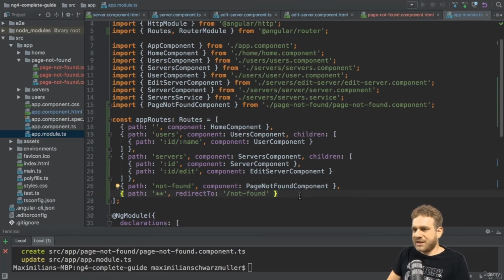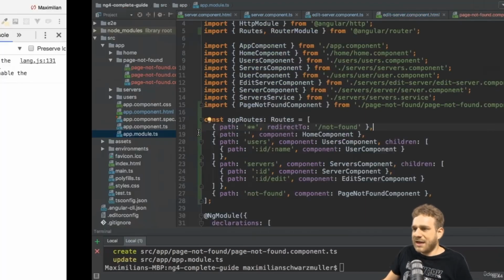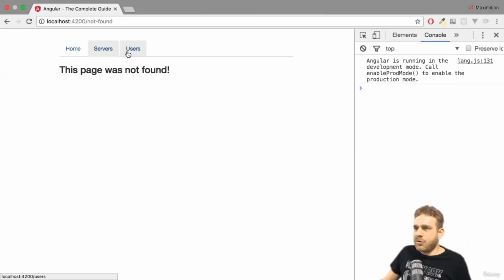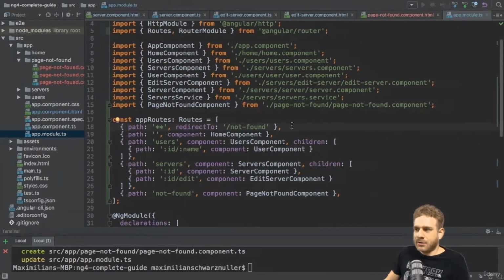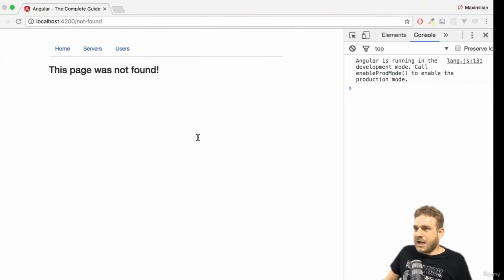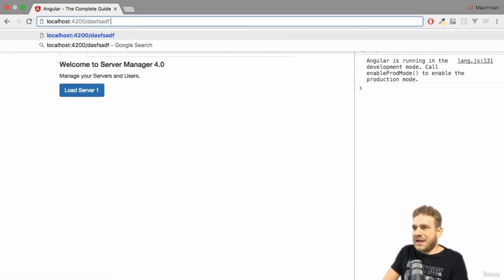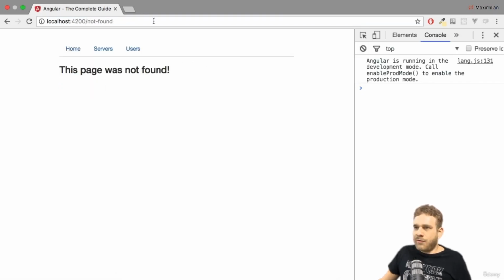So if this was actually at the beginning, you would always get redirected. As I can quickly show you by saving this like this, now no matter where you click, you always are redirected to not found. So make sure this is the last route here in your setup. And with this, now all the other routes work, but if you enter anything invalid here, you always get redirected